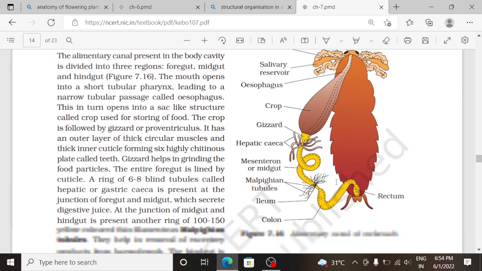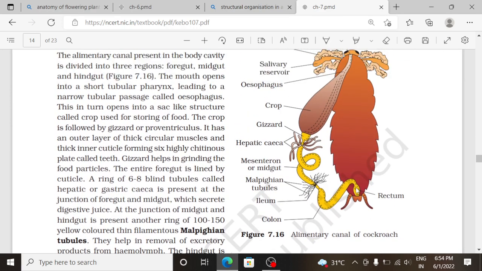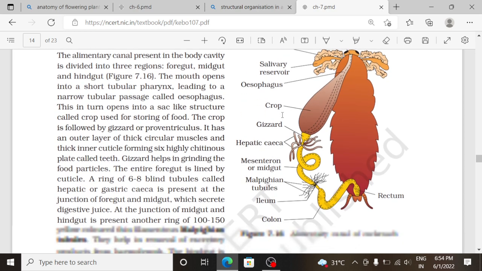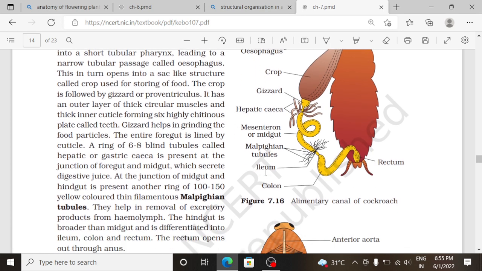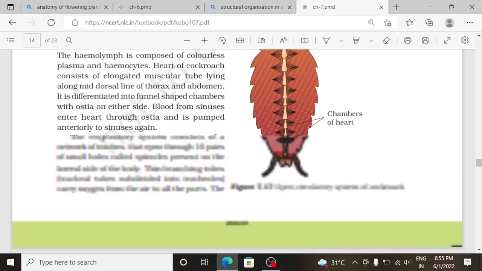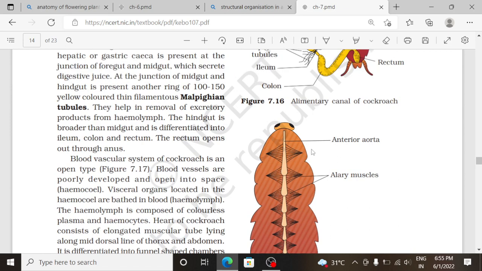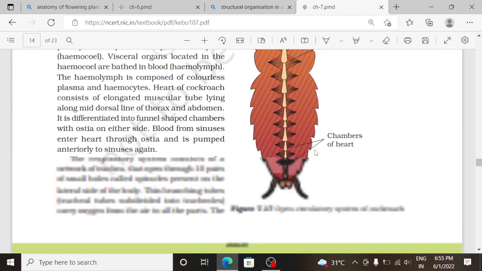Then anatomy. Here we can see the alimentary canal of cockroach. So pharynx, salivary gland, salivary reservoir, esophagus, crop, gizzard, hepatic caeca, mesenteron or midgut, malpighian tubules, ileum, colon. Here you can see the open circulatory system of cockroach. So anterior aorta, alary muscles and chambers